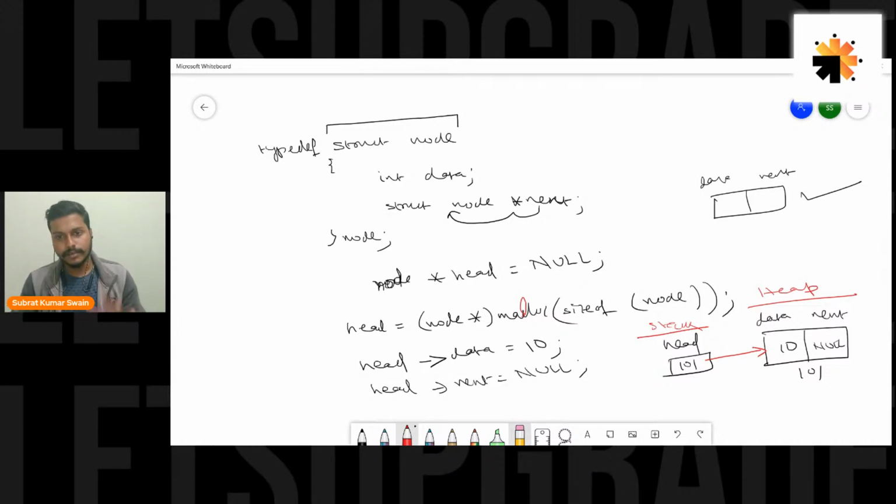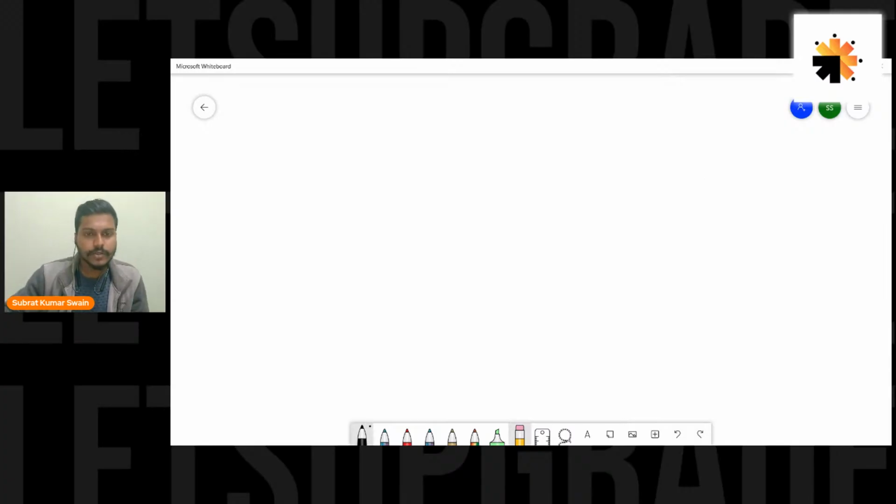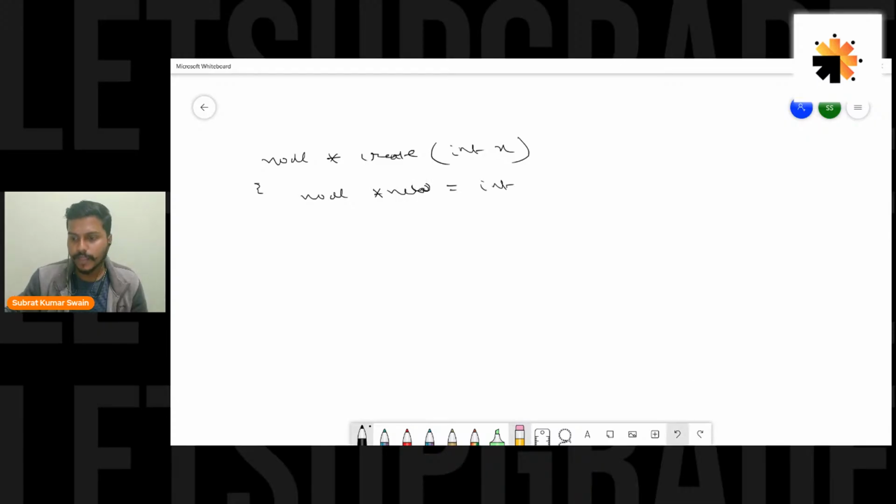So let me clear this thing. Let's go to this create part actually, where I'll help you to understand this create thing. So the create function goes as this: node star create. Okay, so it would take an argument, basically the data of the node. Okay, so here I will create a pointer, maybe new pointer, because I want to create new. So here itself I can allocate a memory. So I'll write node star